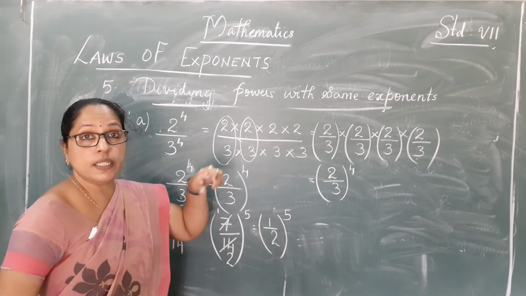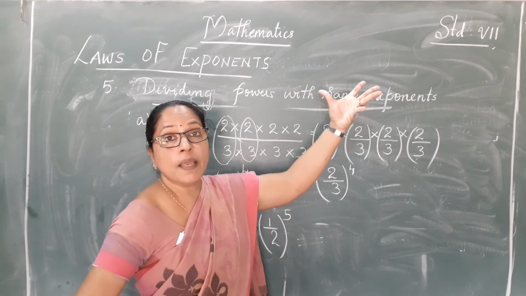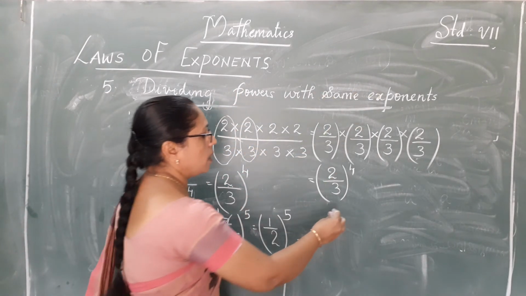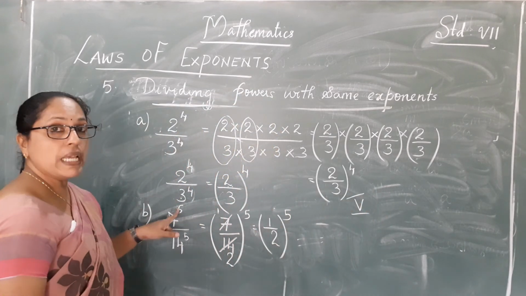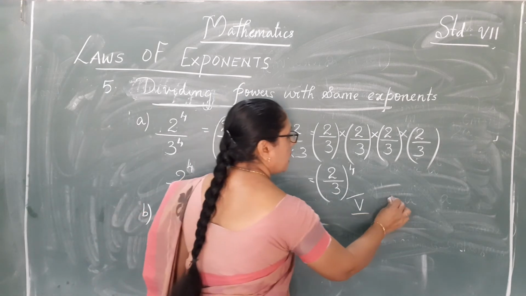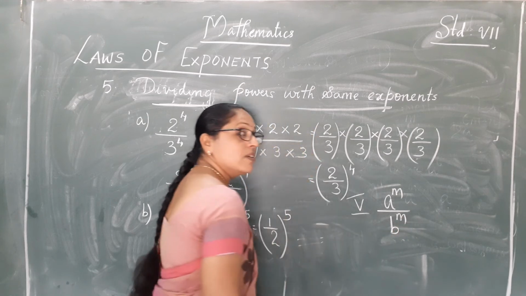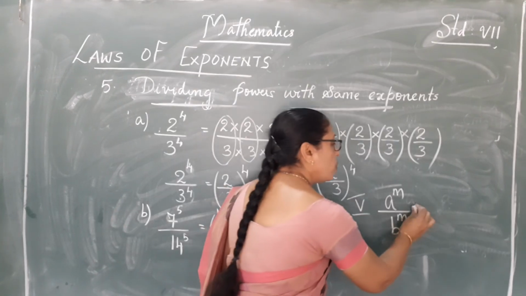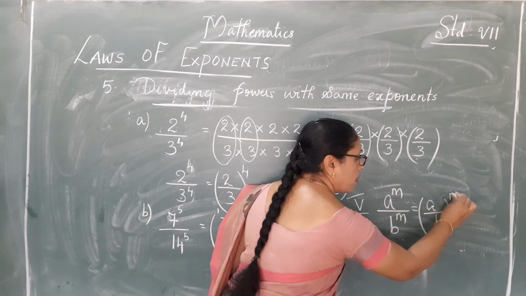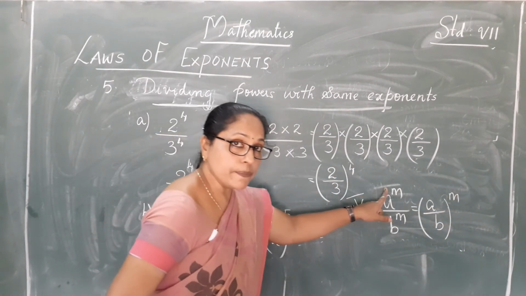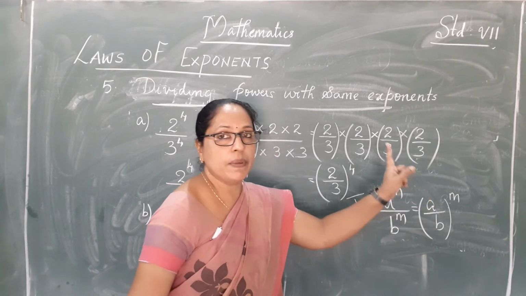So here comes the next law. Which law? Dividing powers with the same exponents. So we can make it law number 5. Say 2 bases are different. So different bases we take. A raised to m by b raised to m. Powers are same. Exponents are same. So what we do? Divide the bases and put the common power. So a raised to m divided by b raised to m is equal to a by b the whole raised